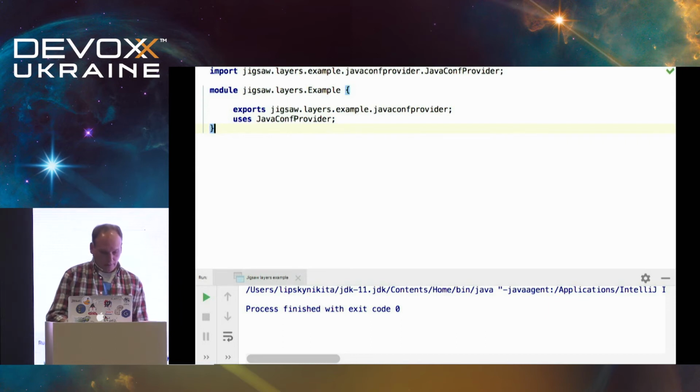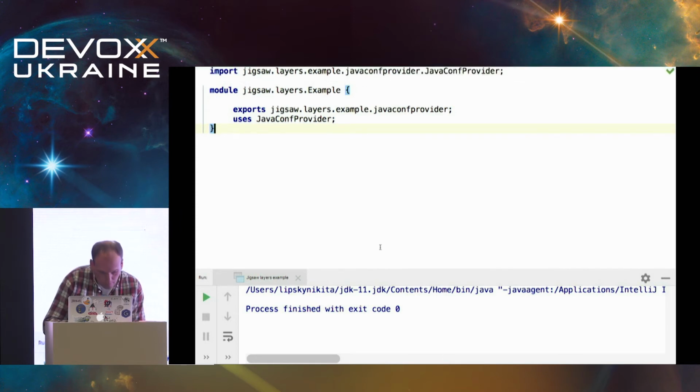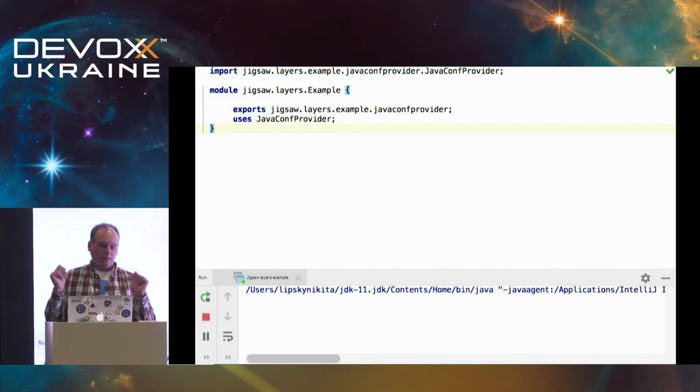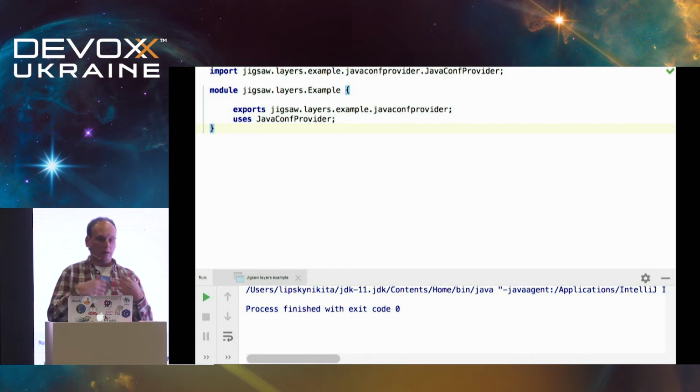If we run our example now, we don't get anything because we have no Java Conf providers. So let's add some.